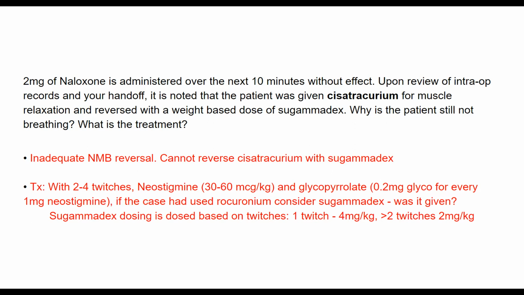Again, these dosages aren't so important to know, but I think it's worthwhile to know, because sometimes, for instance, if you have to grab sugammadex, do you have that in the Pyxis? No. So we would probably run you to the OR to grab it. But the sugammadex is supplied in 2 cc and 5 cc vials. And sometimes if a patient only has one twitch and we have to give 4 milligrams per kilogram and they're 100 kilos, that's 400 milligrams or 4 ml. So if we grabbed the 2 cc vial, that wouldn't be enough, right? So oftentimes to reverse someone, you need more than just one vial. So that's kind of relevant for out here.